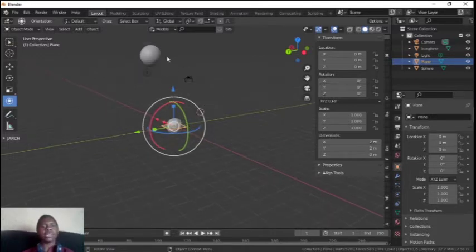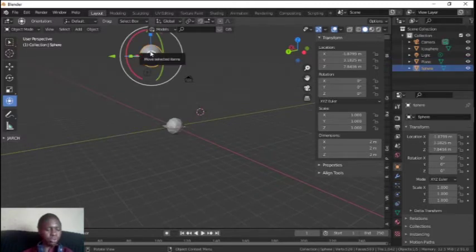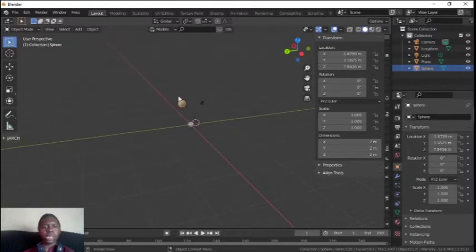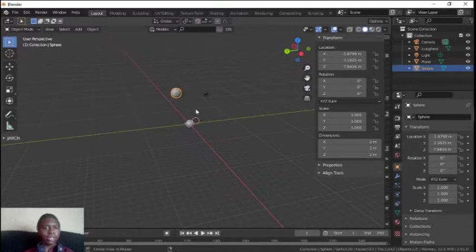Let's take for instance that you have your mesh tool run about here, and you no longer want it to be here. You want it to be at the center of the whole scene. You just press Alt G, which is grab. G is for grab. Yeah, Blender uses the